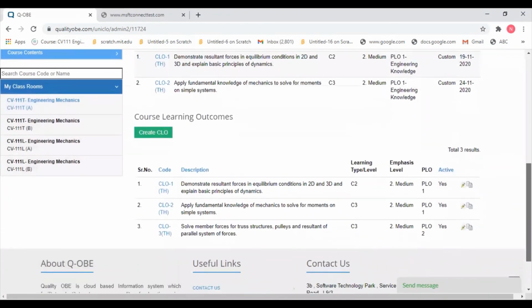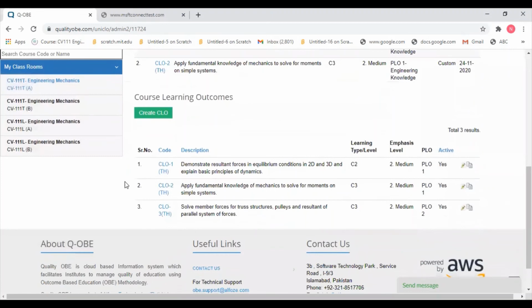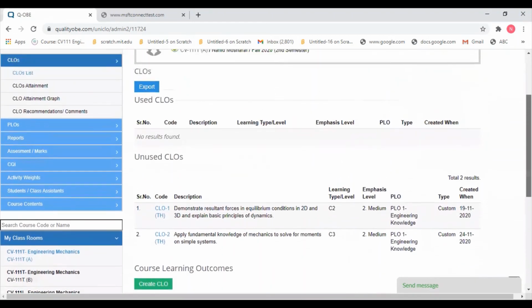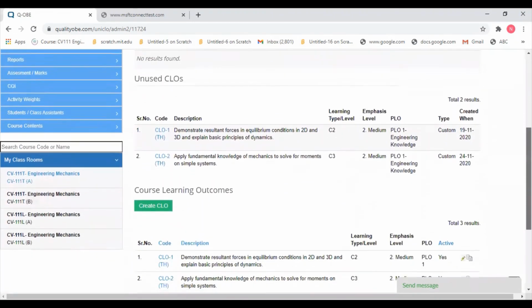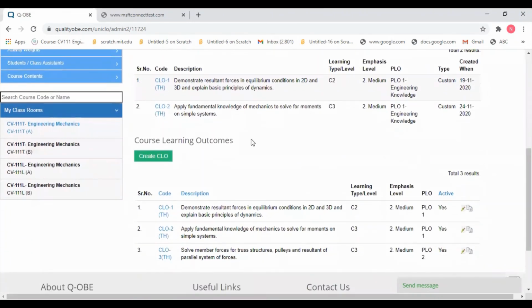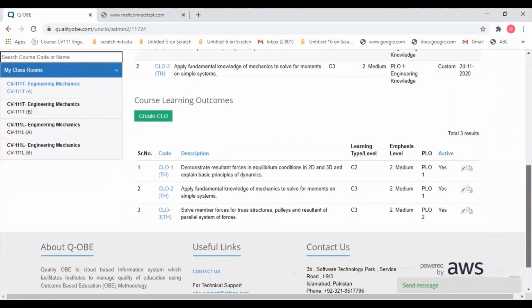This is created, and you can see there are three CLOs of the theory subject. So this is the way you can add CLOs. When I click on it, you can see CLO1, CLO2, CLO3. This is the way you can upload your CLOs.